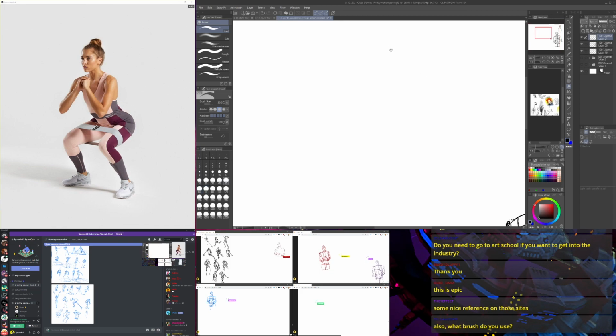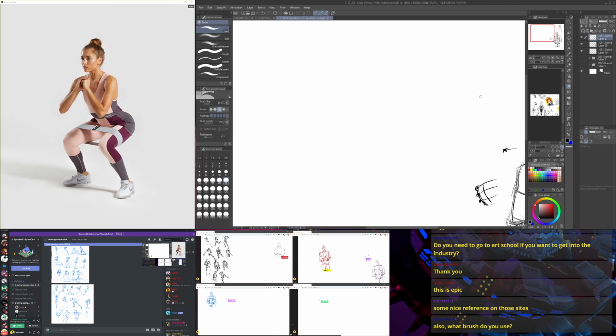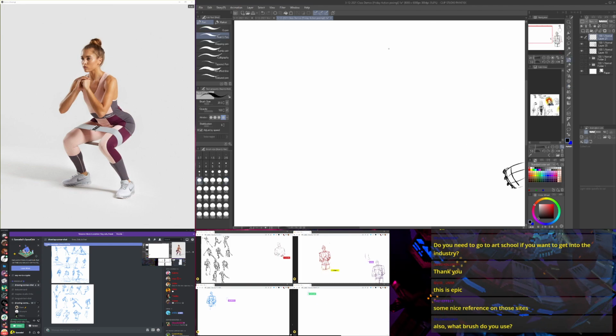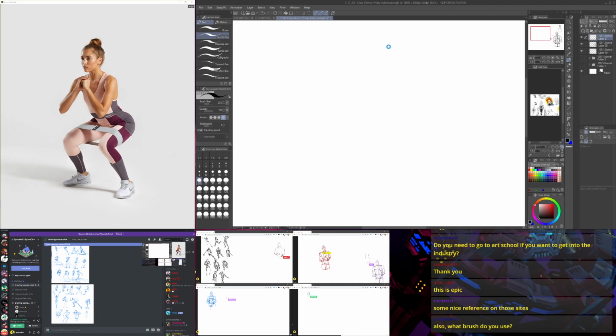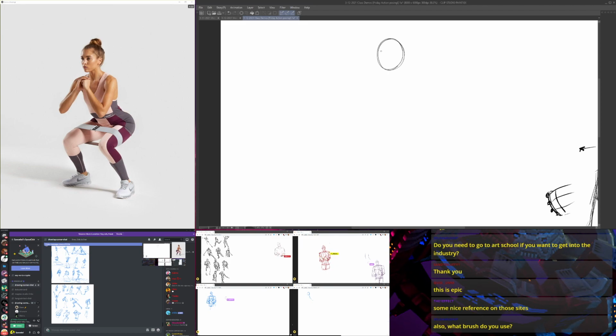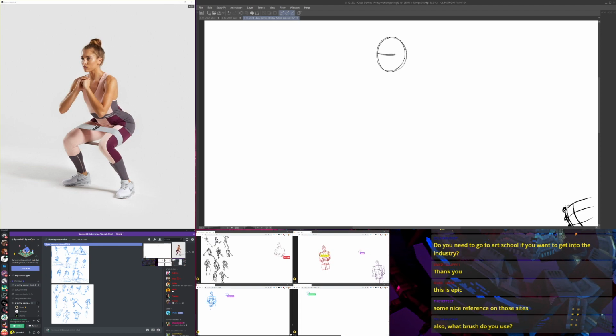So I'm having us start with this more structured kind of approach here, but we're going to also loosen it up later and get more into action. But first we want to start with being very much more observant. So, as with the last pose, we start with an ellipse for the head. Pay attention to the angle of the eye. Wrap a line over the front of that ellipse, like a center line in there.